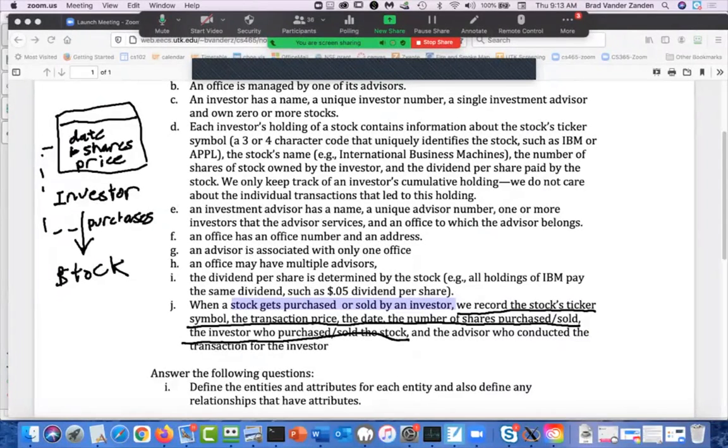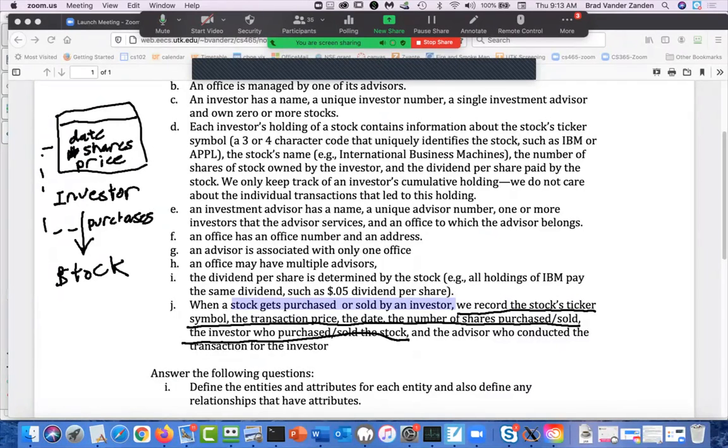And of course, like I said, I'm not going to penalize you for putting investor number and ticker here, but they're really foreign keys. So far, it looks like a binary relationship, but